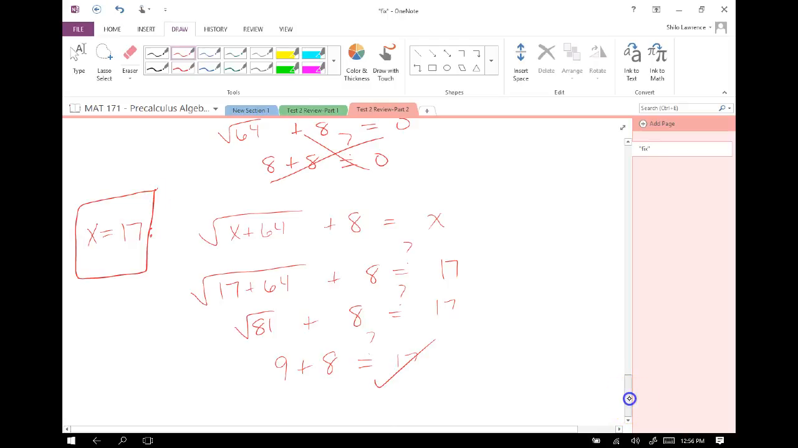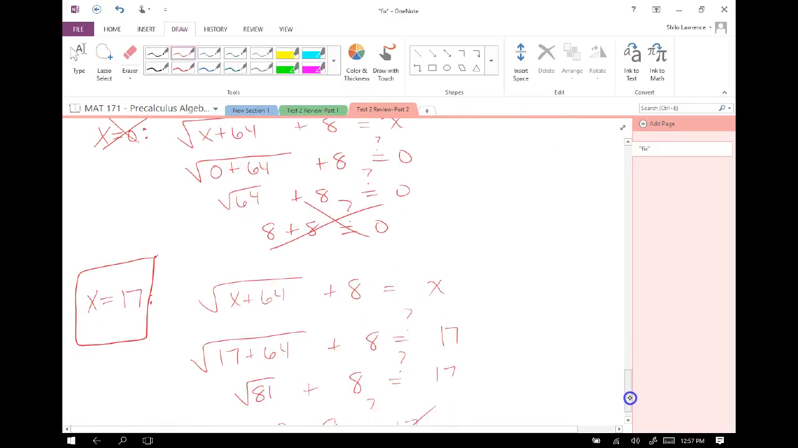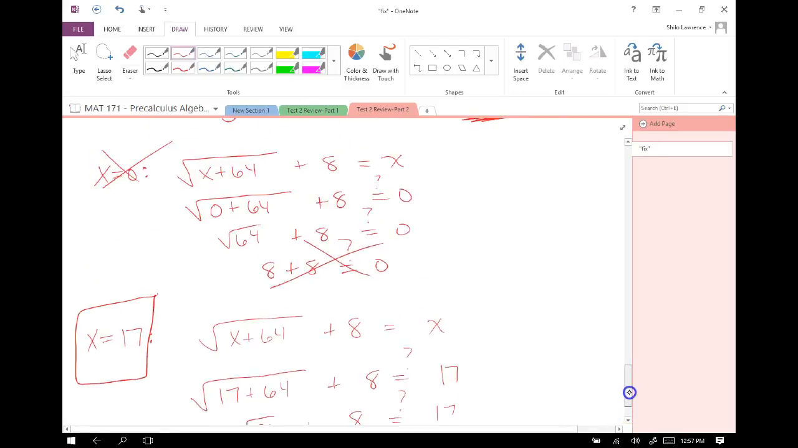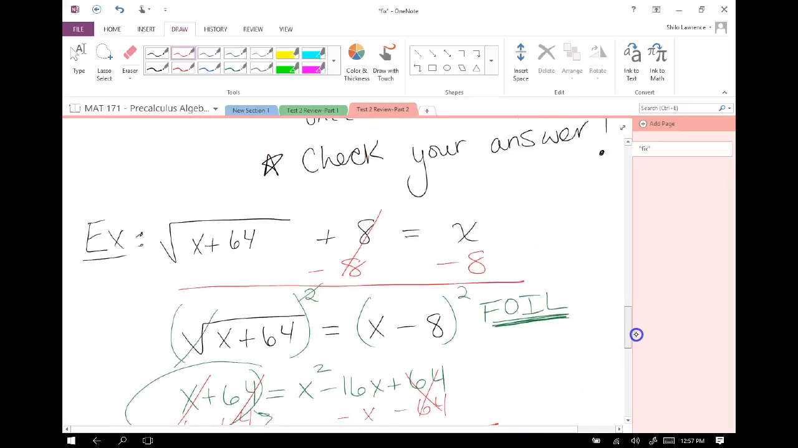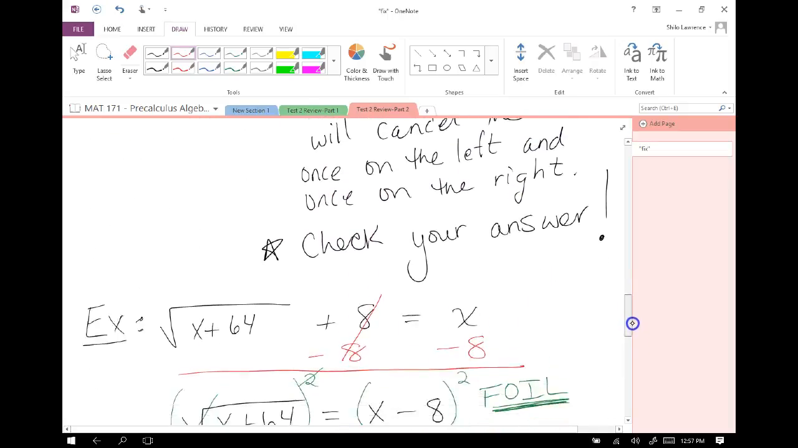So even though we solve our quadratic and we get two answers, one of them does not work. You don't know that until you check. You have to check your answers. Only one of them really works, and there is only one answer to this problem. It's x equals 17. So with our radical equations, just like with our rational equations, the goal right from the